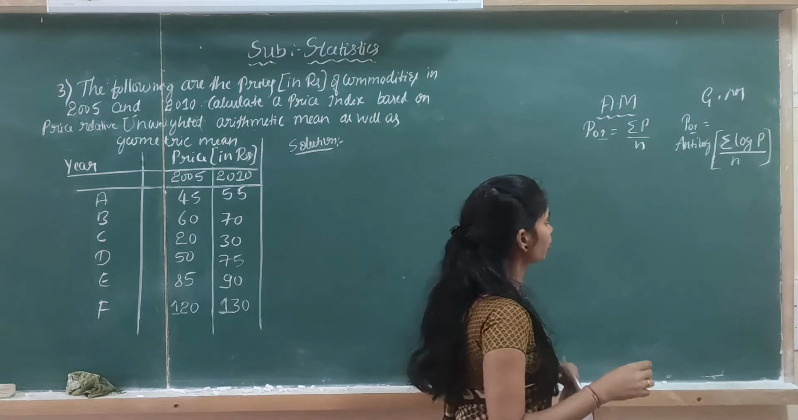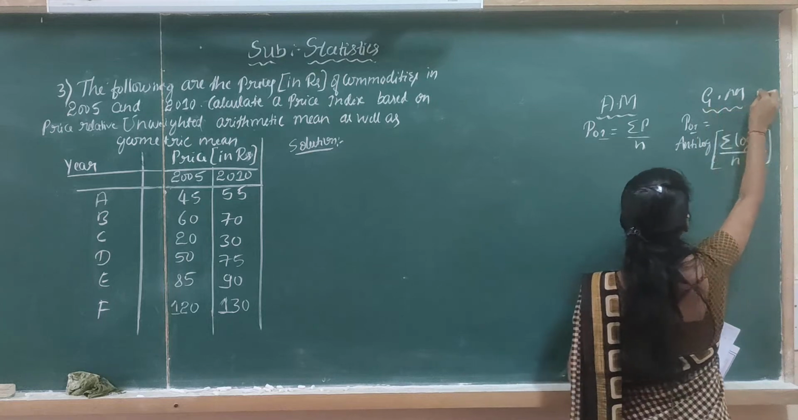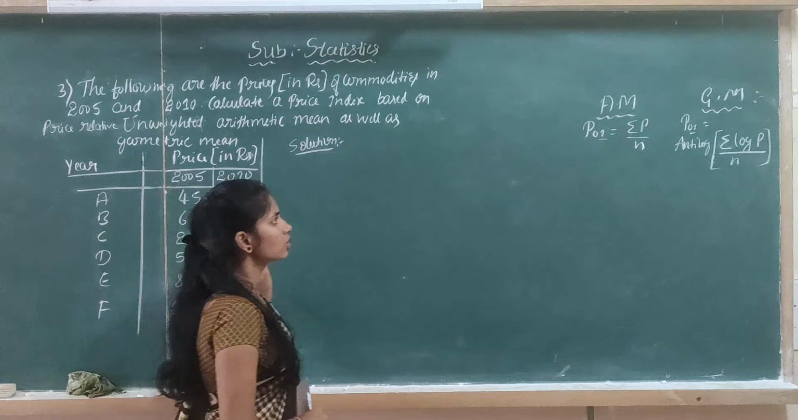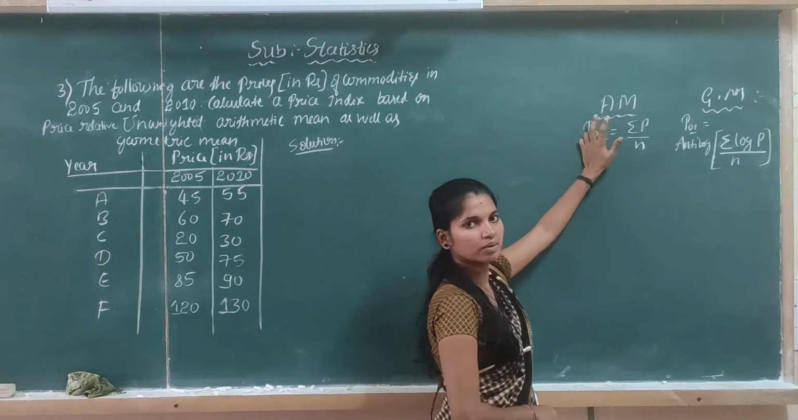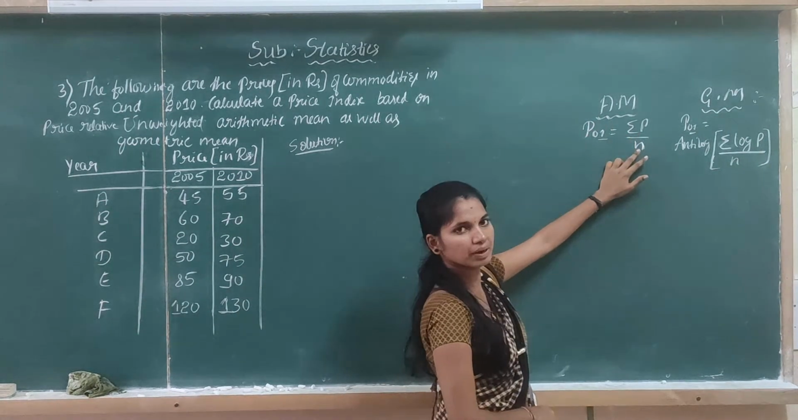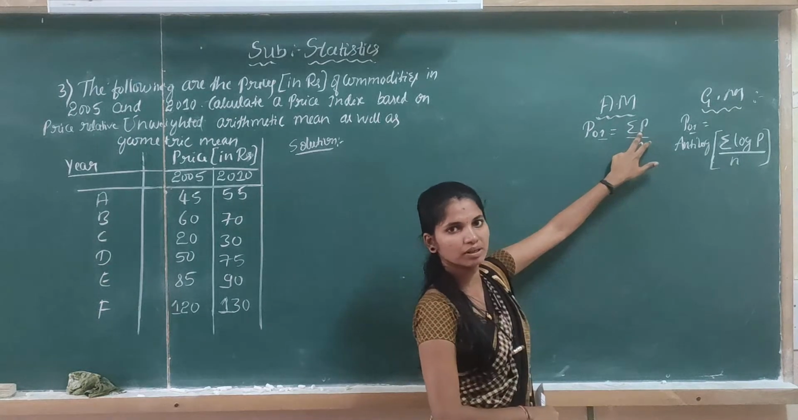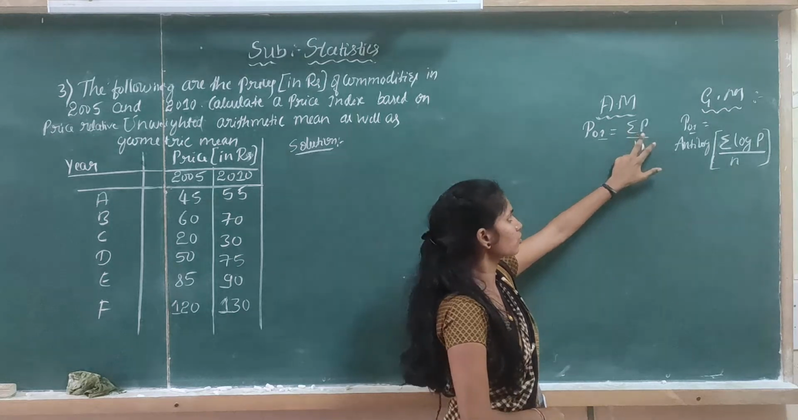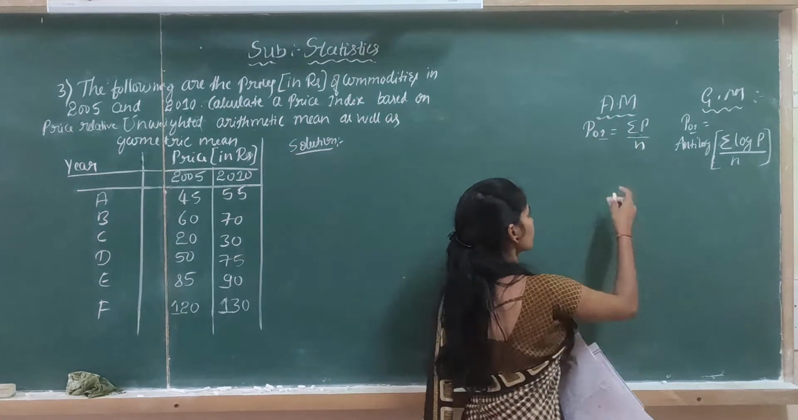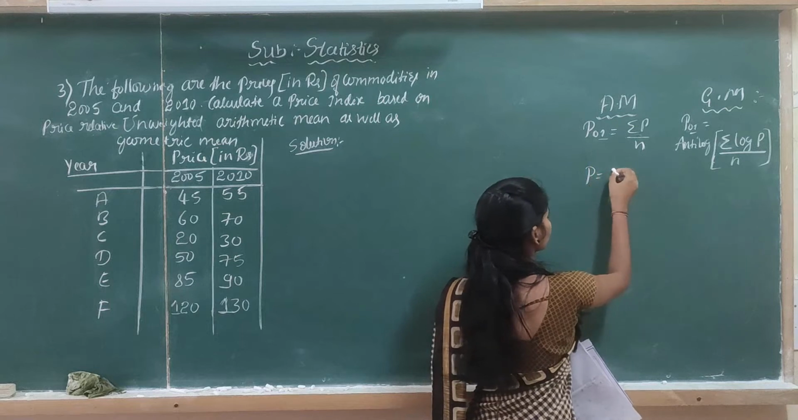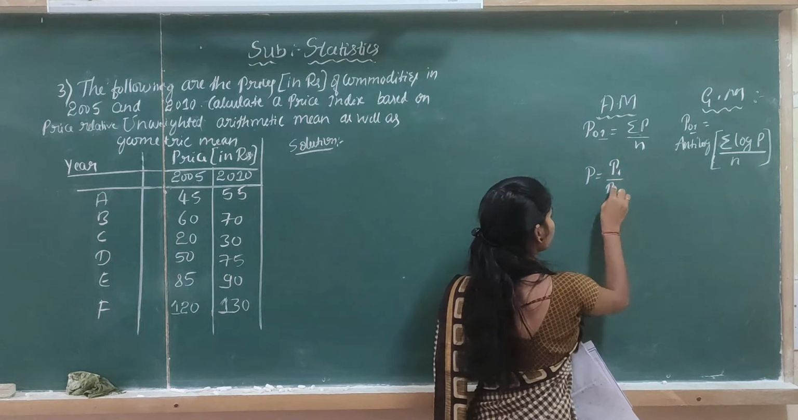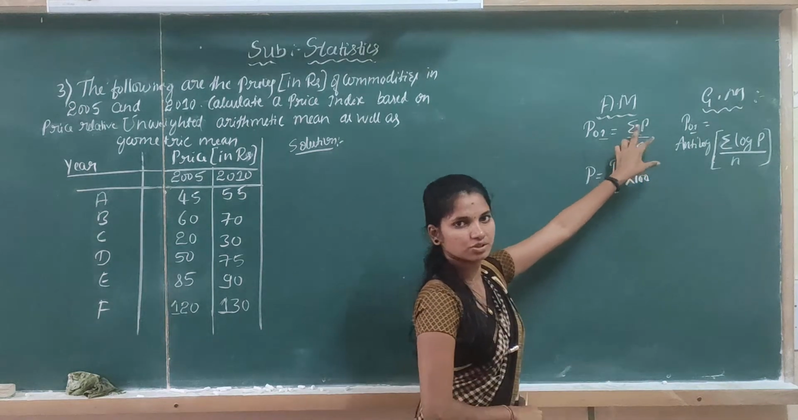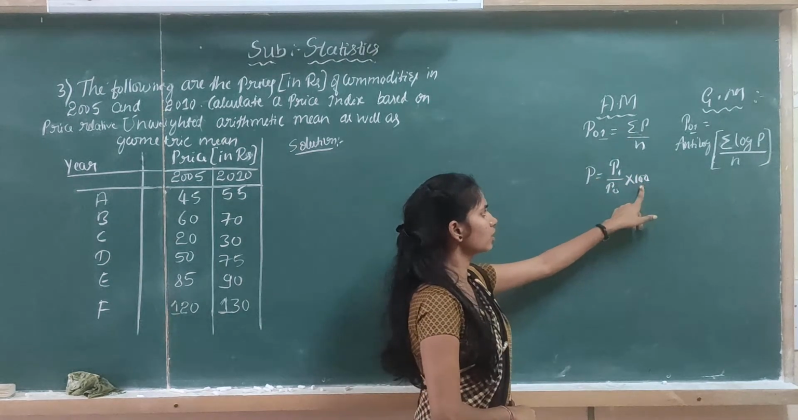So observe the formula. What information do we have to calculate using these prices or items? For the arithmetic mean, P01 equals summation P divided by N. Summation P means you have to calculate the P value and total it. First you calculate the P value. So what is the formula for P? That is price relative, equal to P1 divided by P0 into 100. So for the calculation of P1 divided by P0 into 100,